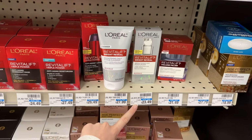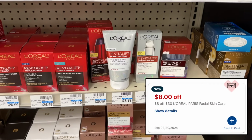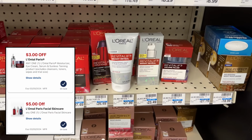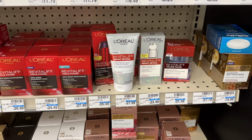Like I said, it's spend 30, get back a $10 extra buck, so you could grab those two totaling $31.08 and use an $8 off $30 L'Oreal facial care CRT. And then we have a $3 digital attaching to the serum and the $5 digital attaching to the scrub. You'd be left to pay $15.08, earning back your $10 extra buck would make your final cost for both items